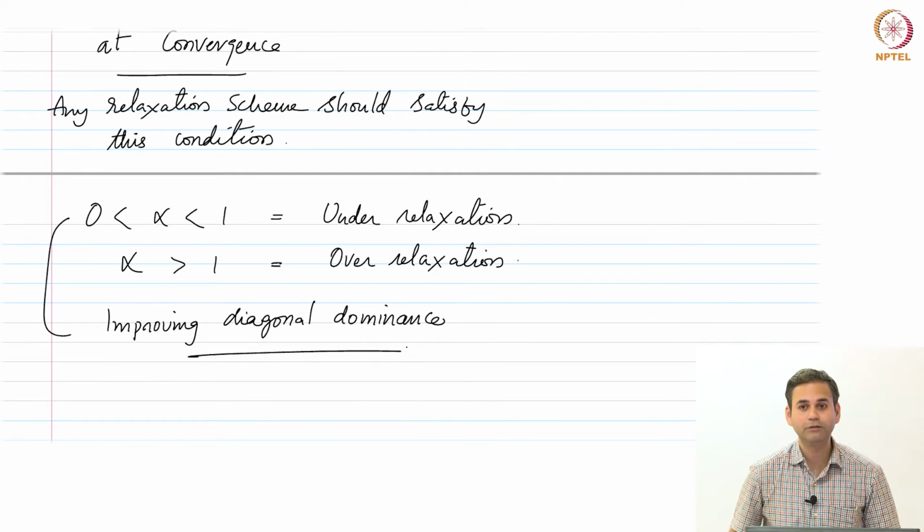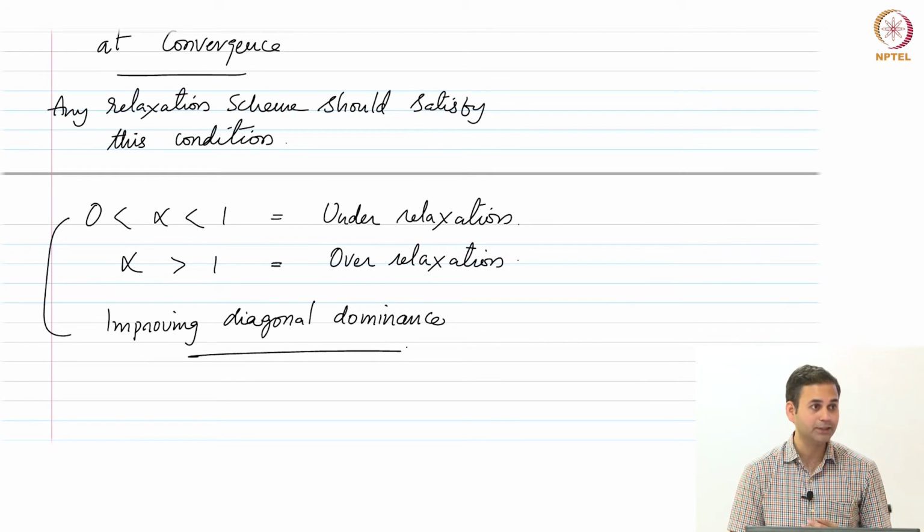Okay. Now, what if you have alpha greater than 1? Is it helping you with diagonal dominance? No, right. It is actually making it worse. It will not be diagonally dominant, but you can still rely on other things which are still making it diagonally dominant. For example, boundary conditions or source terms and things like that, right. For example, boundary conditions could probably still be okay.